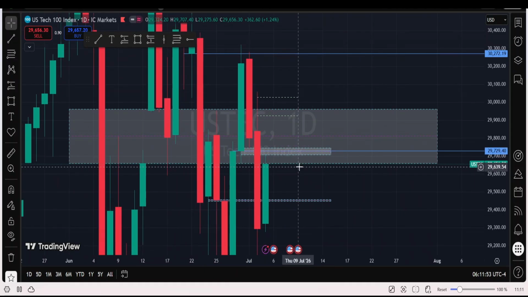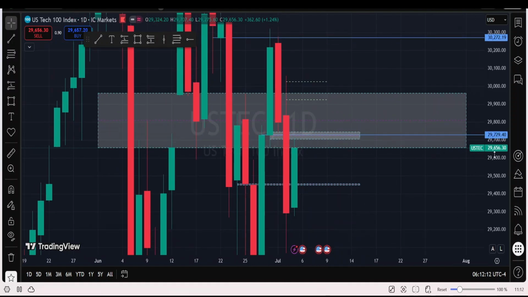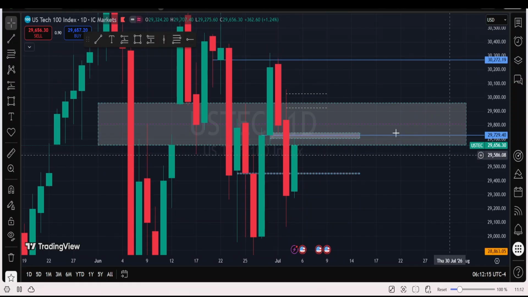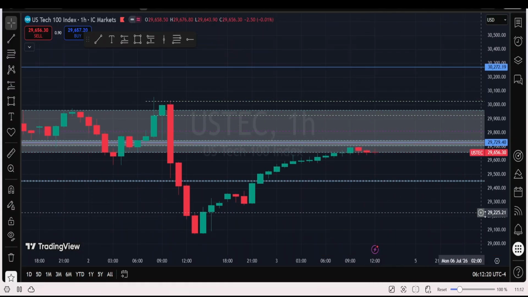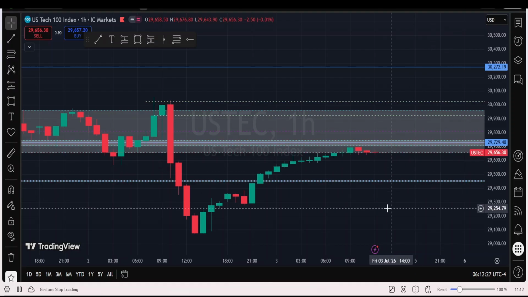So our narrative is that we want to see price selling more this week. It might get to this level and fill this fair value gap. It has room to also get to this level, but our eyes remain on this level to see what price is going to do on this fair value gap. So we are looking for more of a sell in Nasdaq. That's our narrative. If we drop to a lower time frame, using the one hour, or maybe the 15-minute time frame, which is the lower time frame we normally use.